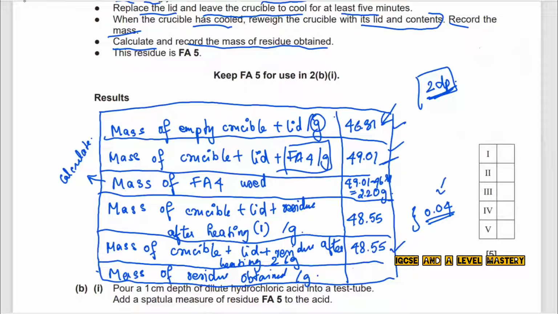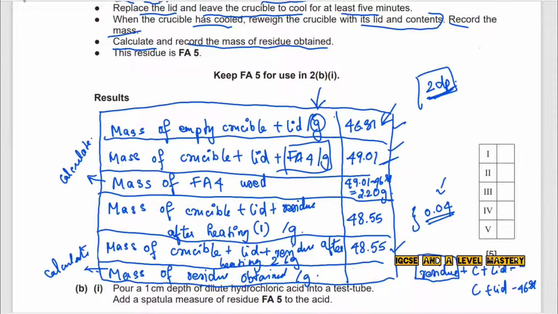So the last one is to calculate the mass of the residue obtained in grams. From the obtained values, you will have to use some equation and calculate the mass of the residue. When we are calculating the mass of the residue, we have the residue plus crucible plus the lid, right? And if we want to get the residue alone, we initially had the mass of the crucible and the lid, right? So crucible plus lid, we already know it was 46.81,